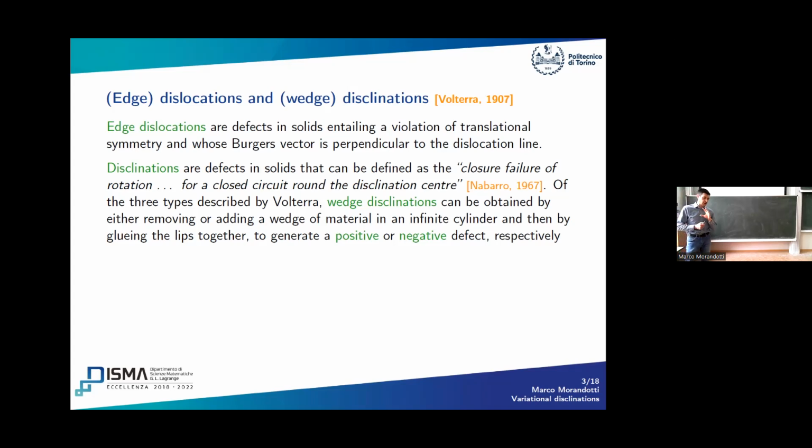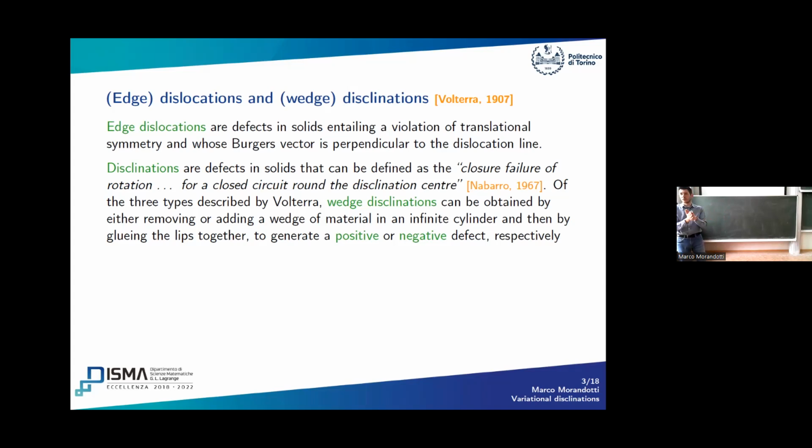So Volterra in a very long and celebrated paper dating back to 1907 did something that I think in German would be called a Gedanken experiment. So he didn't have anything at hand, nothing that he could touch, no solid materials, but he thought about taking a hollow cylinder. So there's a cylinder with a hole, cutting along one of the sides, and then gluing parts back together. So he originated, or at least what he thought was to create three different types of defects, if he slid the two lips of the fracture in three different ways. So you could do something like this, you could do the opening thing, and you could do the anti-plane things.